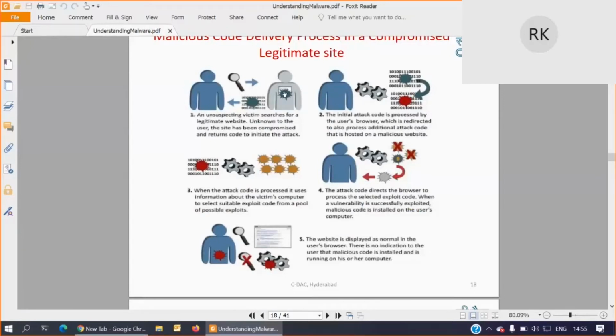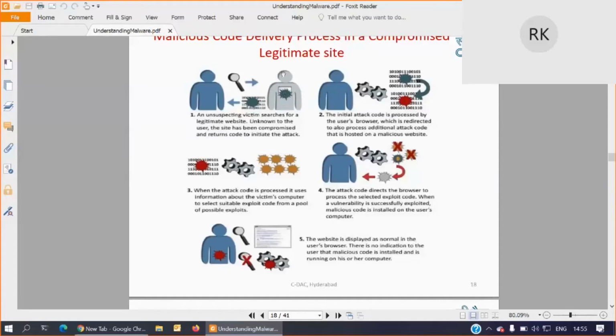On behalf of ICICIbank.com, some spam website is like IC1CI, right? In place of I, they have kept 1. Many people will not be able to recognize that small change in the URL, so they will click on it.